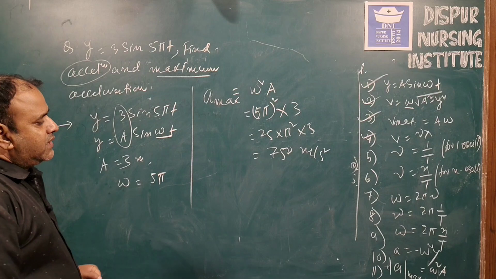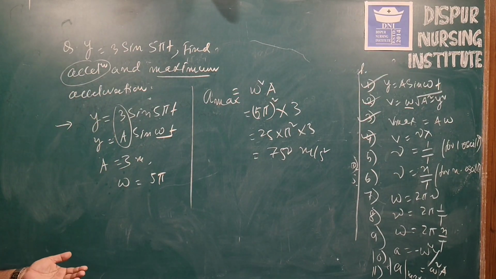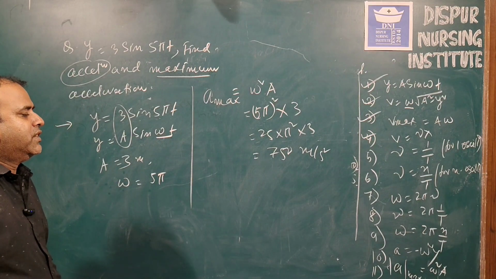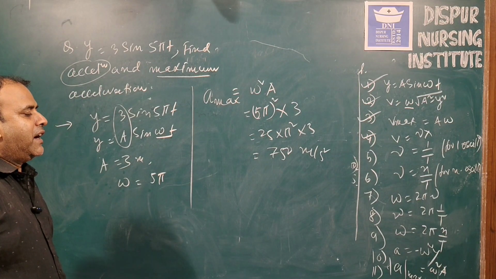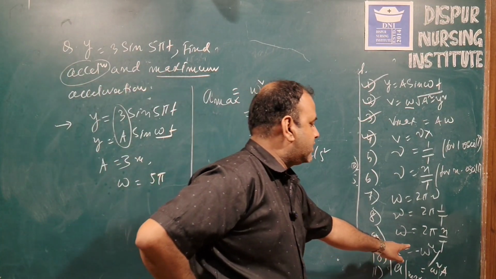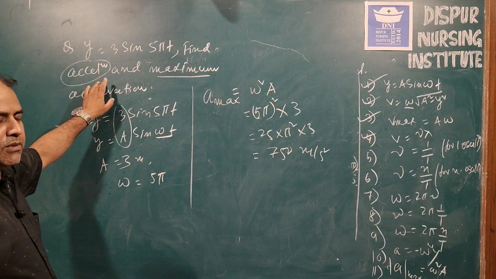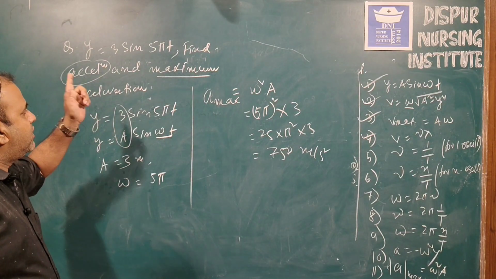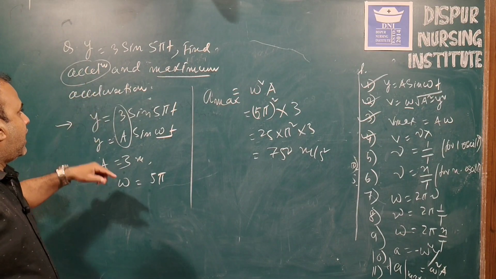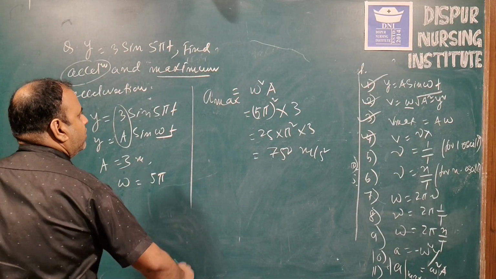So normally in case of acceleration, suppose you are going to find the acceleration, at first you have to calculate, a is equal to minus omega square y. The displacement value will be given, but in this case displacement is not given. So when you are going to calculate the value of acceleration, the displacement will be given. After knowing the displacement, you can easily calculate the value of omega. Now you can see here,